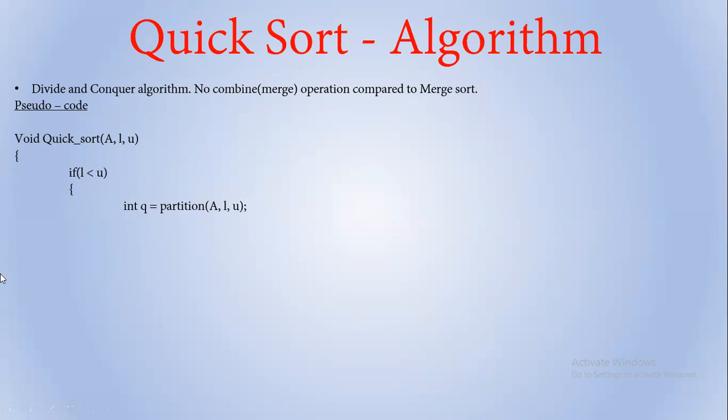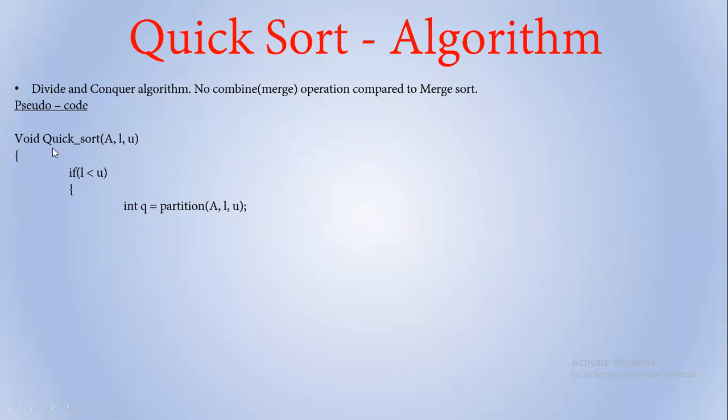After I finish describing this quicksort, I will go into the details of the implementation of the partition function. For the moment, don't worry about the partition function. It is nothing but a rearranging and dividing function which will give out an integer known as q. Based on this q value, we are going to conquer. This is a divide and conquer algorithm.